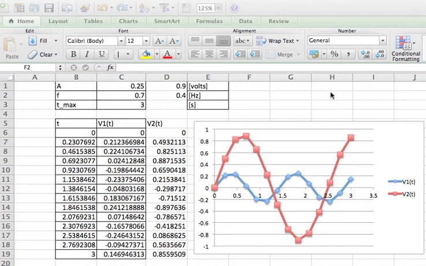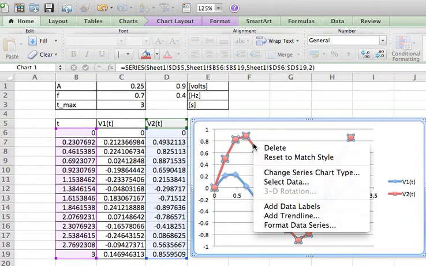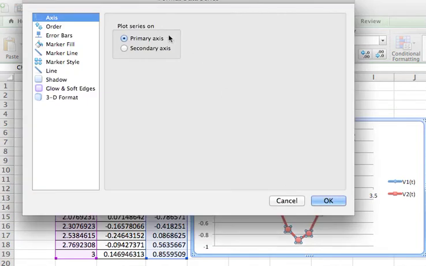In this video, I'm going to continue with the demos in Excel and graphing. And the first thing I'm going to do is just demonstrate what I hope is a very simple operation, selecting a series on the chart, right-clicking, and choosing to format the data series. And this gives you the options for formatting the marker, marker fill, marker line, marker style, the line,